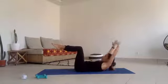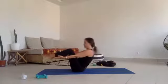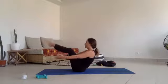Hands up to the sky, sweep your arms around to roll yourself back up and hold here. Take your toes to the sky, tap them down over to the right, take the toes up to the sky, tap them over to the left. Just 2 more like that, and then we'll go into double leg stretch. 1 more like that. We go tap, lift,